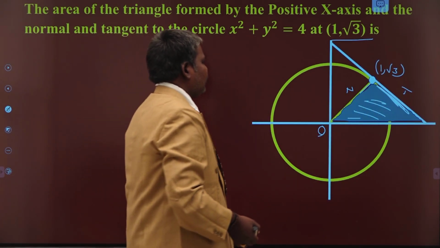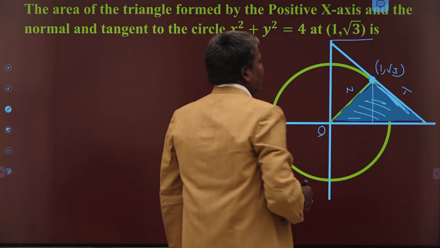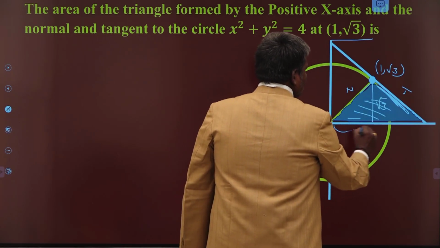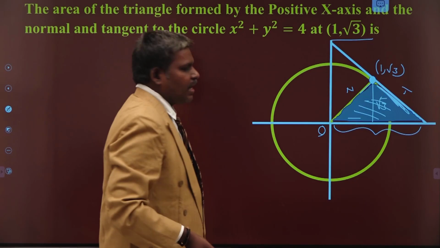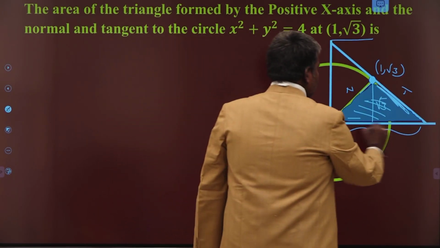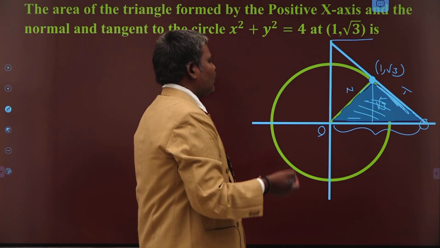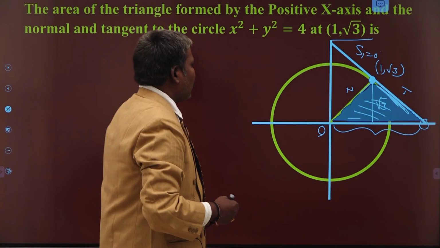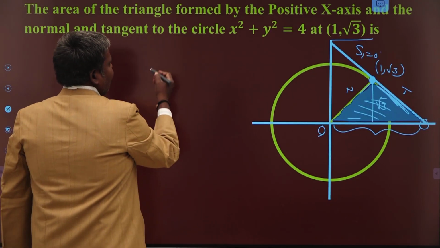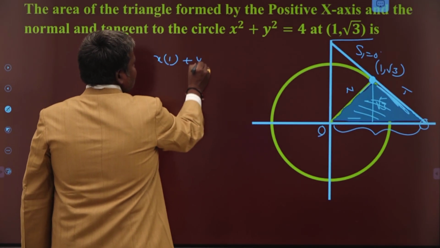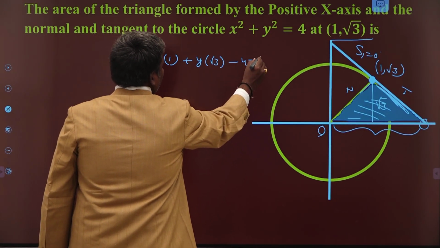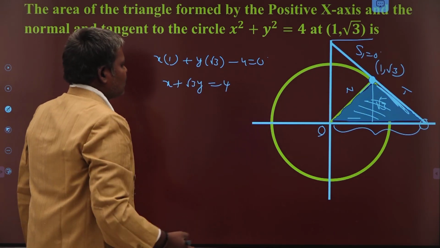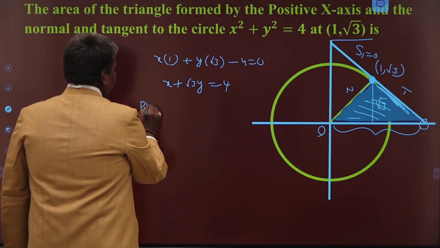How to find the area of the triangle? Can you find this height immediately? It is root 3 units. This is the height of the triangle. Once you know the base, you can easily write half into base into height. To get the base length, you need the coordinates of this point. How to get this? You write the equation of the tangent at that point, that is S1 equal to 0. What is the equation of S1 equal to 0 now? x into 1 plus y into root 3 minus 4 equal to 0, or x plus root 3 y is equal to 4. When you are solving with the x-axis,